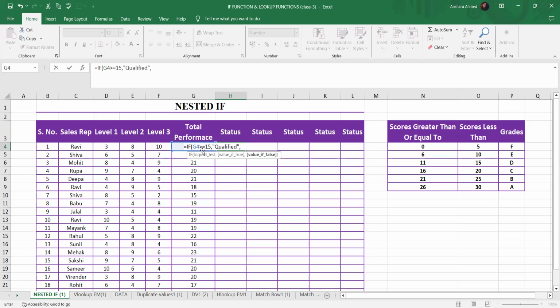If it's greater than or equal to 15, then it's qualified; otherwise, if the value is false, if this condition is false, then it will be what? Disqualified,